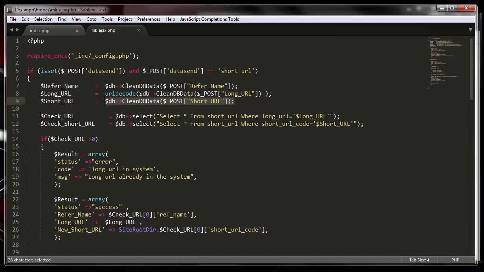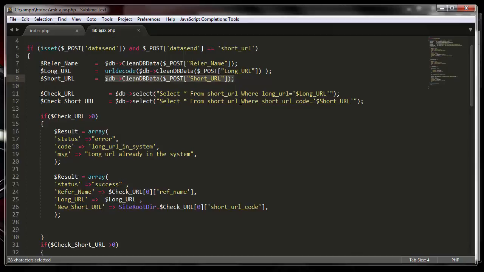And then the first check, what we are doing is checking to see if the long URL already exists in the database. If it does, then it's just going to grab the short URL value and resend it. The reason why we're doing it is because, for example, if you were to go into your short URL